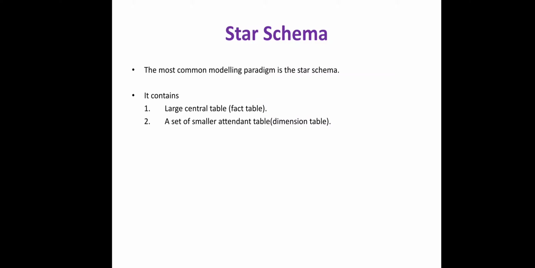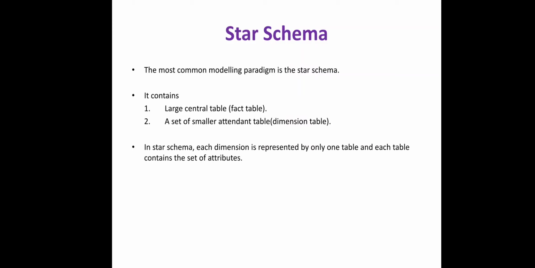In this star schema, each dimension is represented by only one table. Each dimension is represented by only one table, and each table contains a set of attributes. Means a dimension is represented by a single table, but each table can have different attributes of that dimension. For example,